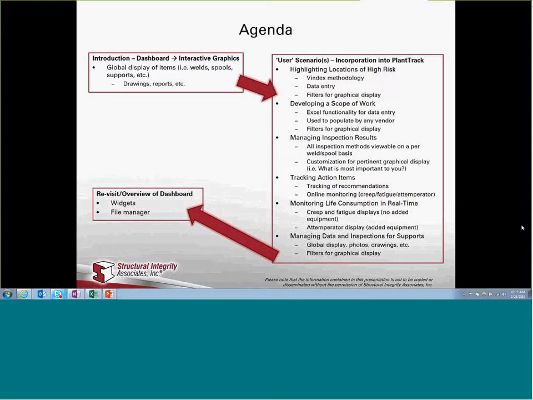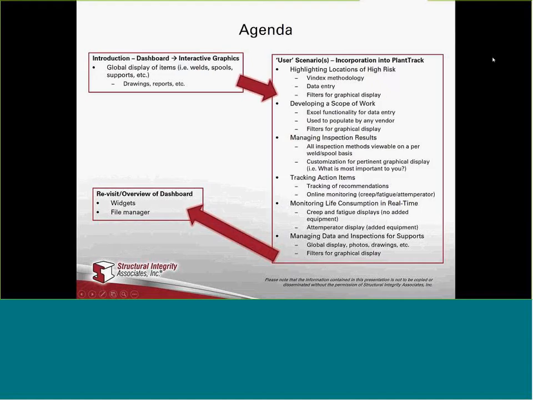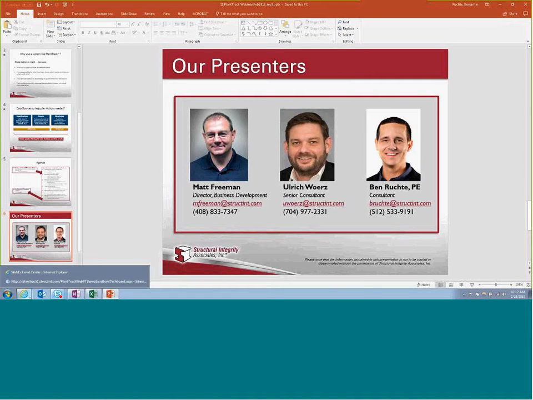So to go through that as succinctly as I can while not losing anybody, because it's a lot of stuff to cover. And then I'm going to come back to the dashboard and touch base on some of the different widgets and then the file manager aspect. So with that said, I'm going to hop out here. Okay, so